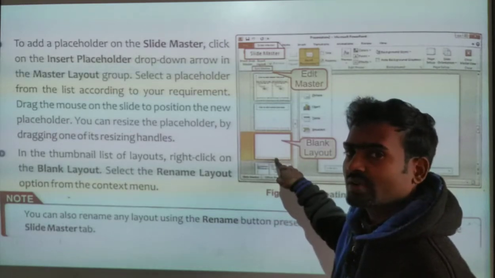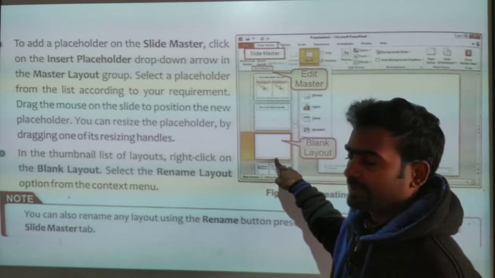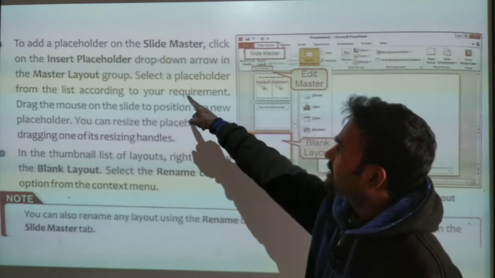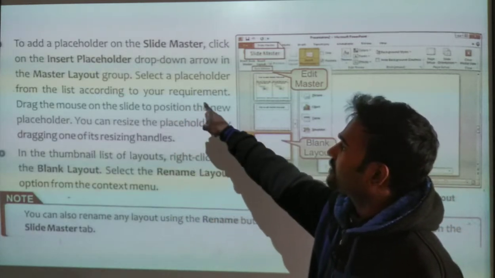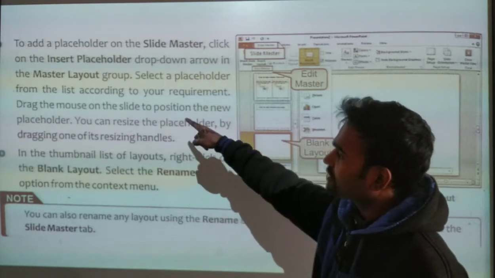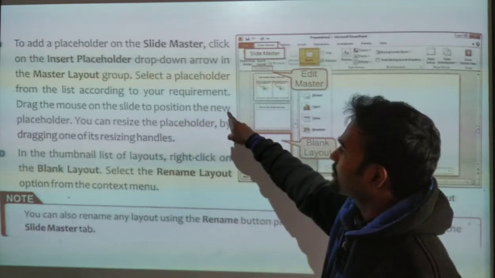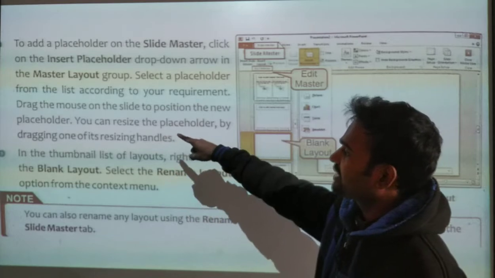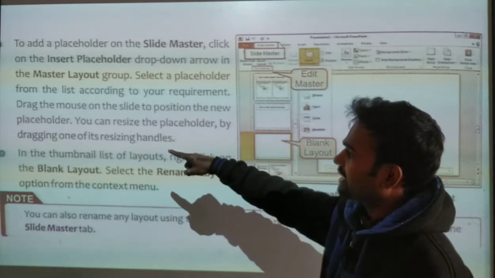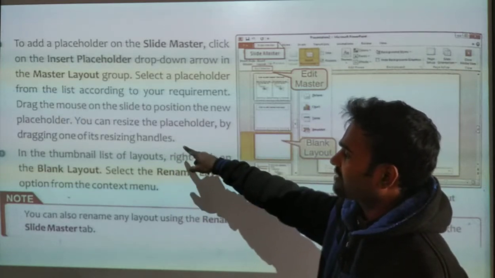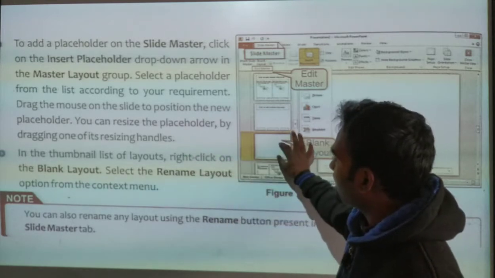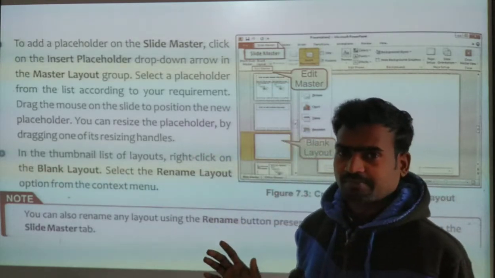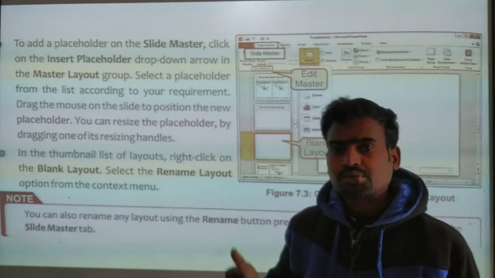If you want to delete, you can delete it, or if you want to add, you can keep it. And select the placeholder from the list according to your requirement. Drag the mouse on the slide to position the new placeholder. You can resize the placeholder by dragging one of the resizing handles. So if you want to make it bigger or smaller, we can resize everything. And if you want to add more, you can add it.